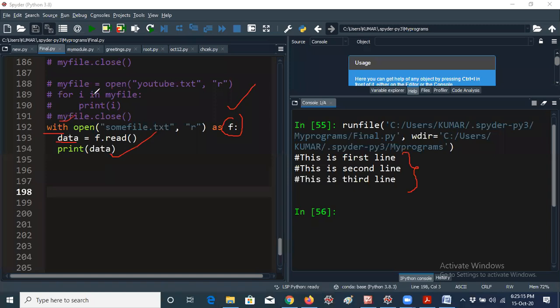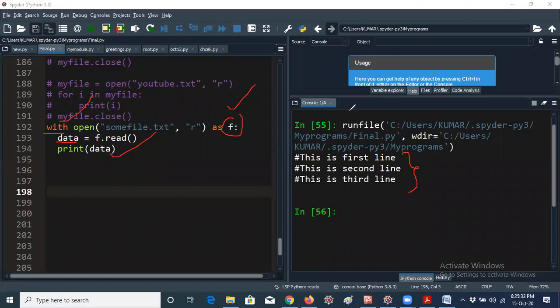What is the purpose of with here? With is the keyword. With open the particular file in the read mode, the particular variable as f means it will be converted to a particular variable name. Okay, so this is the with keyword. The with keyword can be used directly with the function name like that.